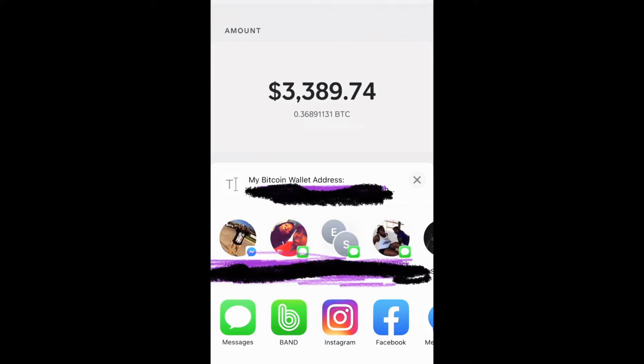If you click share address, you can share on your Messenger, Instagram, Facebook, and text messages. I think you can also share on Zoom, but that would not be wise. But it is another folder where you can also share it and save it to your notes at the very end. So now I'm going to go back to the original page and show you guys